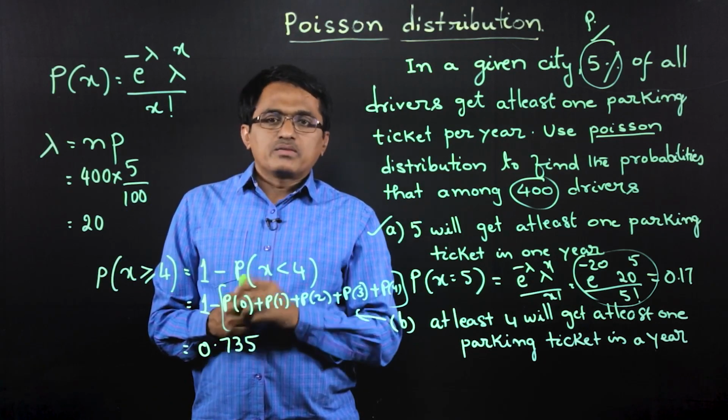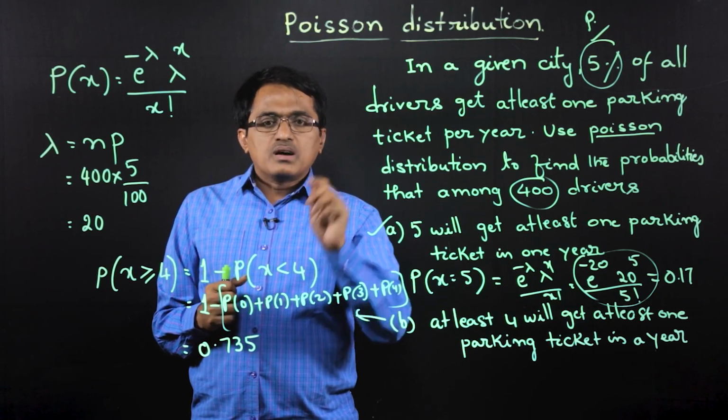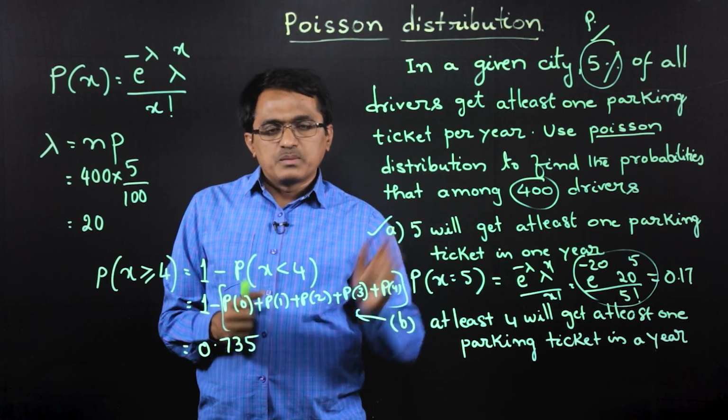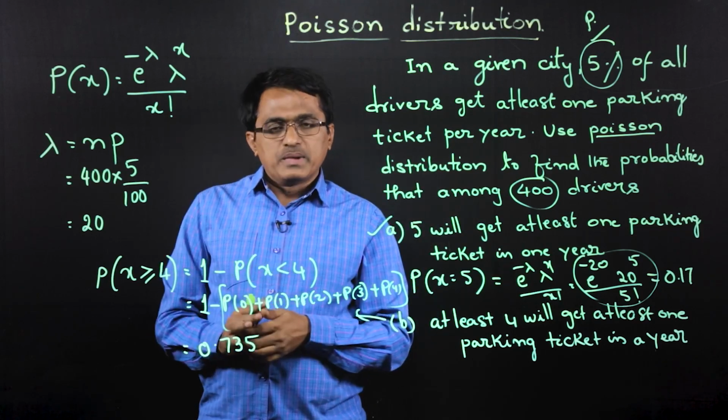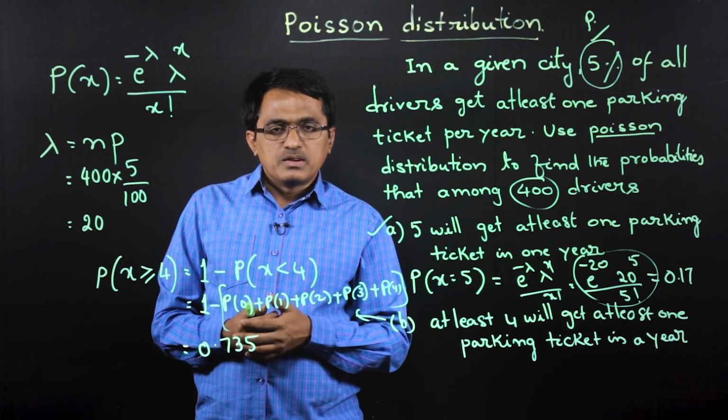And one more point that we need to remember is, for Poisson distribution always mean equal to variance, which is nothing but the value of the parameter. So with this we conclude the topic Poisson distribution.